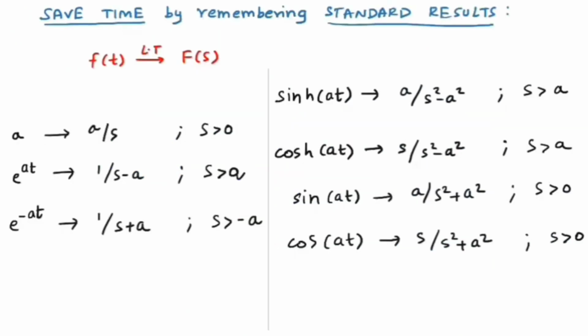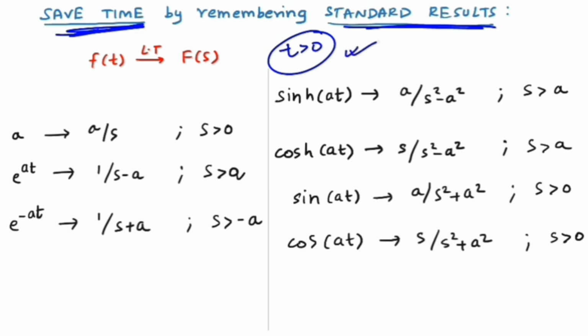Now this slide is very important for those students who hate integration, because in the Laplace transform, as you saw in the formula, we have to solve many integrations and that is time taking. But if you want to save time, I have made one table. This is the standard result which you can use if your t is greater than 0. This is a very important point, because your question might be, if my t is less than 0, will this standard result work or will it fail? If your t is less than 0, there are some changes which I will explain in the next slide. But in this slide, if my t is greater than 0, all the standard results will work perfectly.